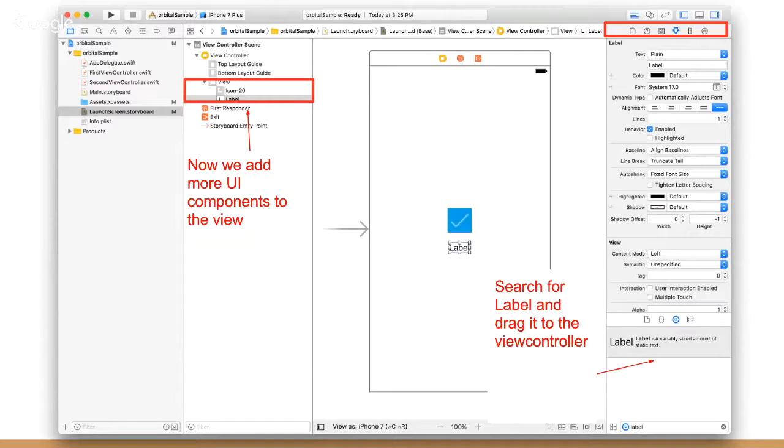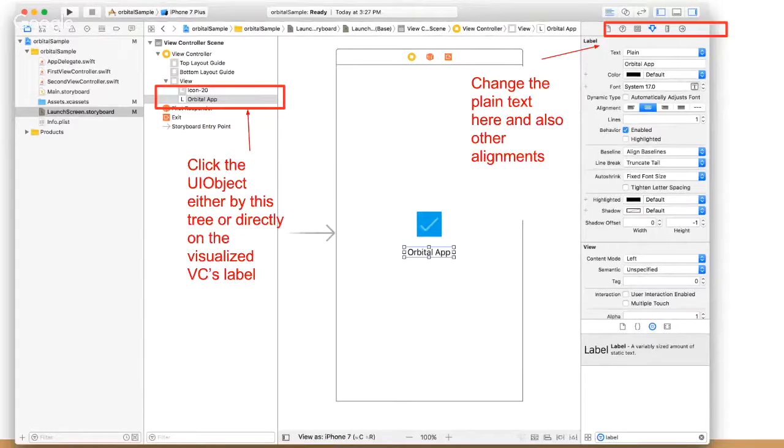Now, usually a launch screen has an image and a text. So you can search for a label and drag it to maybe just a little bit below the image, and then type something there. Then you click back to the attribute inspector again and change the text. You can type in anything you want. Okay, so once you're done,